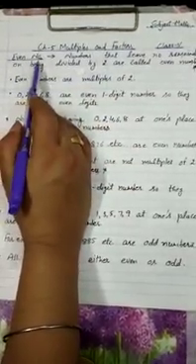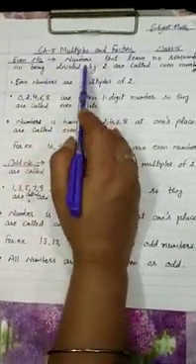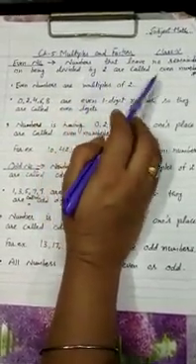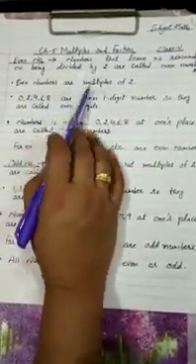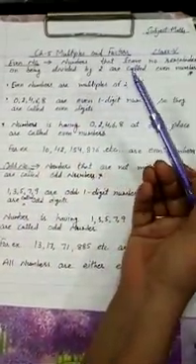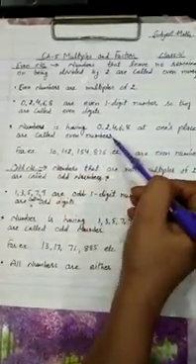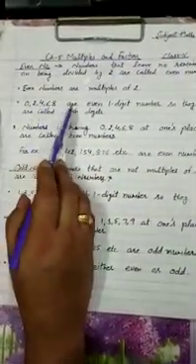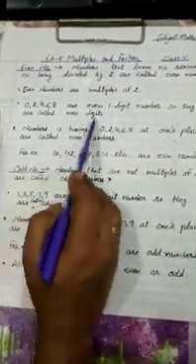What are even numbers? Even numbers are multiples of 2. Means numbers that leave no remainder on being divided by 2 are called even numbers. Okay? In a short way you can say that even numbers are multiples of 2. Numbers having 0, 2, 4, 6, 8 at the ones place are called even numbers. Also 0, 2, 4, 6, 8 are even one-digit numbers, so they are called even digits.